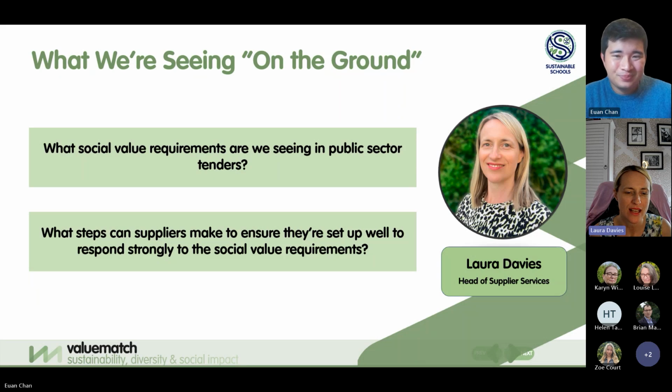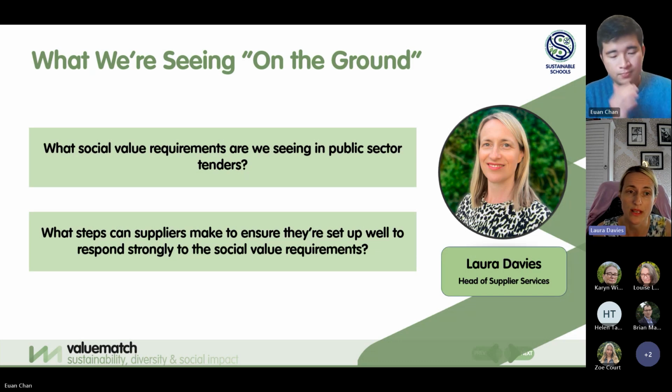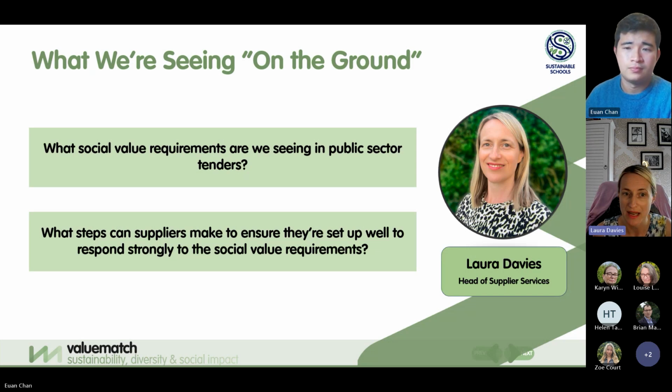Yeah, I think it's an interesting area, and as Ewan started out, there are a lot of different definitions of social value and what it means. Sometimes people get lost in that a little bit. What we're seeing in procurements and bid reviews is that social value is now more prominent than ever, off the back of the Social Value Model being implemented with that minimum 10%. It is a minimum, so people do choose to go higher if they're developing a contract where they want to, and if it's justifiable and balanced.